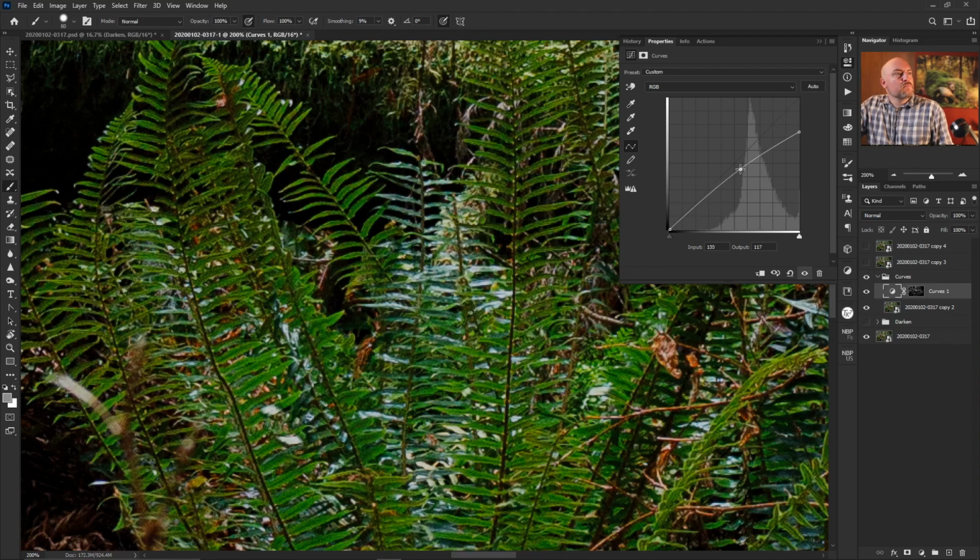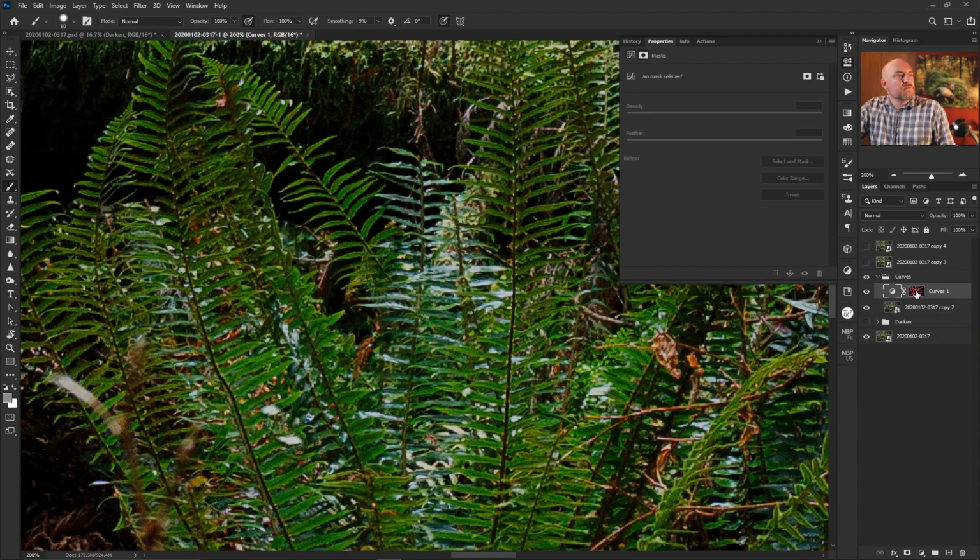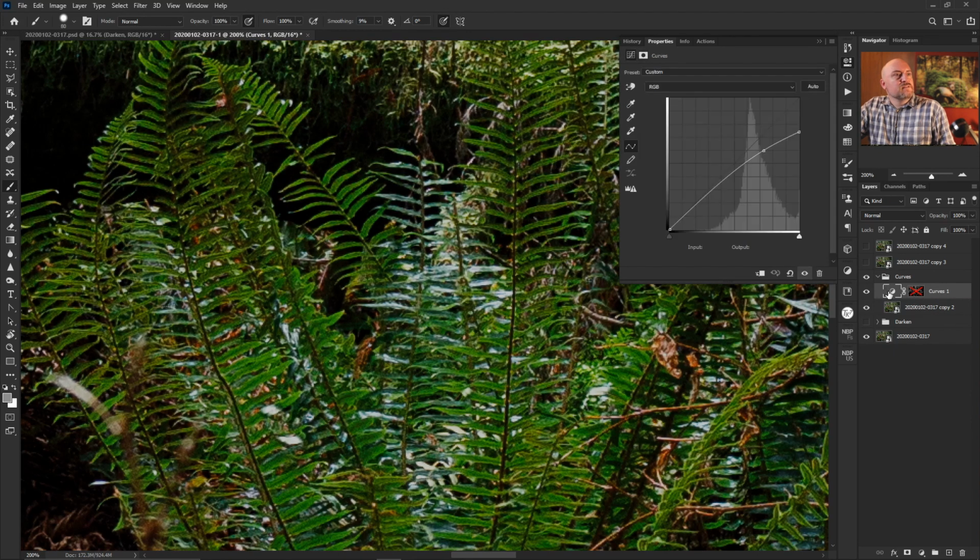And I'm going to pull this up just a little bit. We can see on the graph what is being represented. The interesting thing about your tone curves, when you have a mask applied, the tone curve will reflect whatever visible area is in the mask. So if we disable this mask and come back to here,